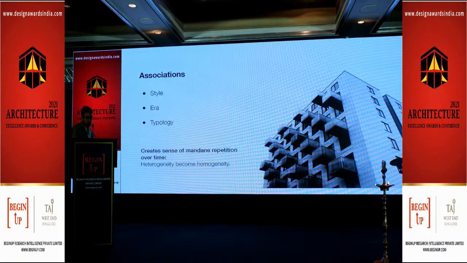When we talk about processes, every process leads to a certain kind of outcome. If we have two elephants, and we have taken the elephant genes, they're both going to grow like an elephant. One elephant will definitely be different from the other, but certainly neither is going to turn into a gorilla. It's definitely going to become an elephant. And therefore, when you pick up a process, you start seeing associations of style, associations of era, and also associations of typology. And so when the processes are evolved and adopted, they certainly give you a very nice typology the first time, but the same process is now going to give you a very different typology in other realms. And that is what the criticism of